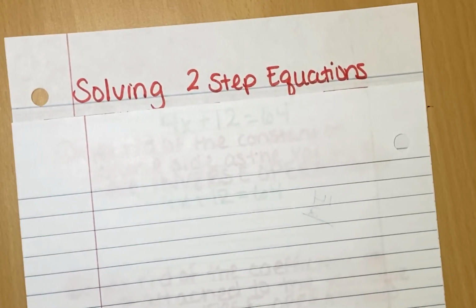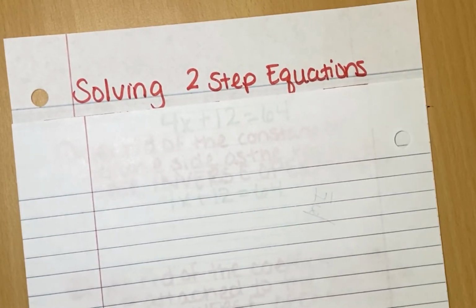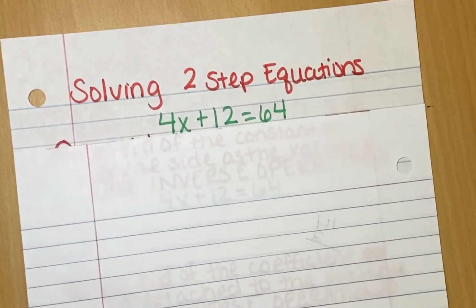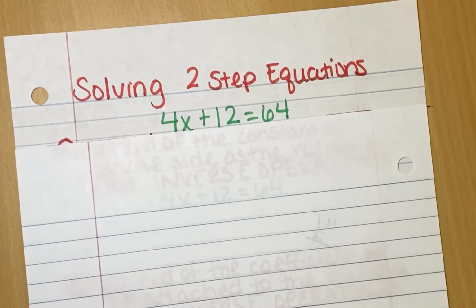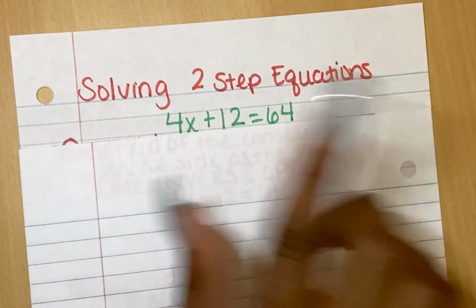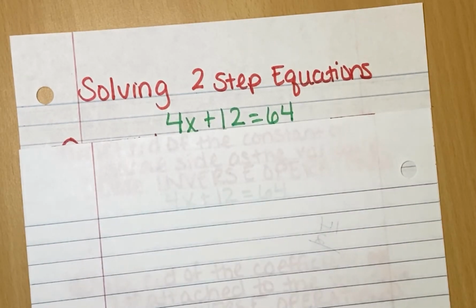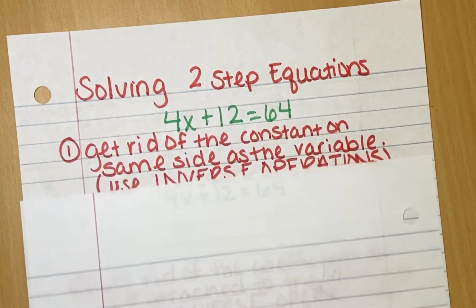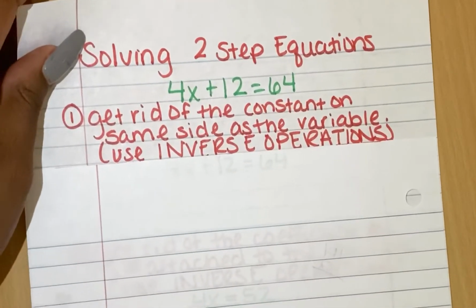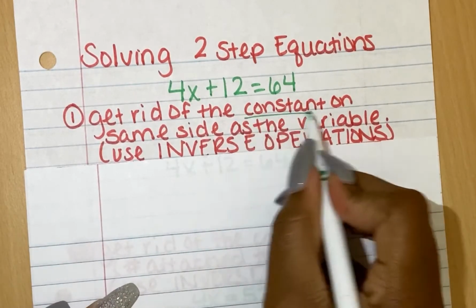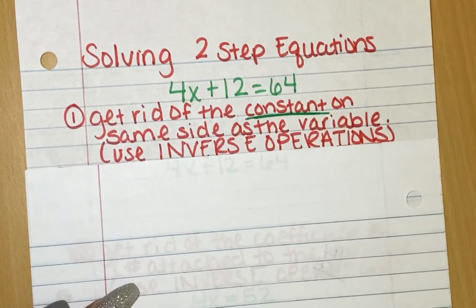This is Miss Maxon, and we are solving two-step equations. We took it up a step, okay? This is what a two-step equation looks like: 4x plus 12 equals 64. It is called a two-step equation because there are two things bothering the variable that I need to get rid of. Step one, the first thing we're going to do is get rid of the constant. We're going to get rid of the constant that is on the same side as the variable